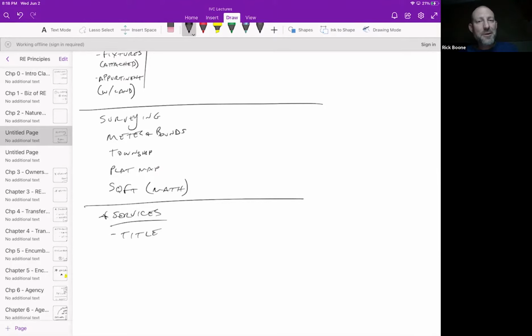That's how that process goes. Hopefully that makes sense. In parentheses, I'm putting in here